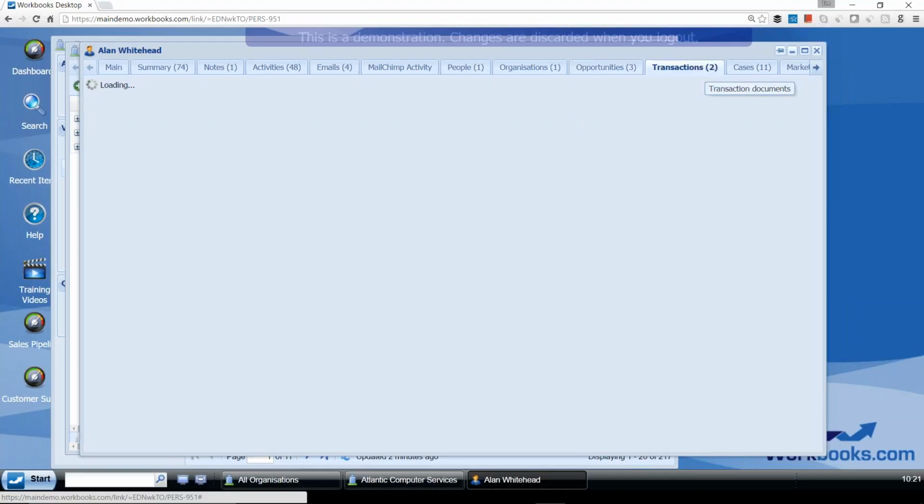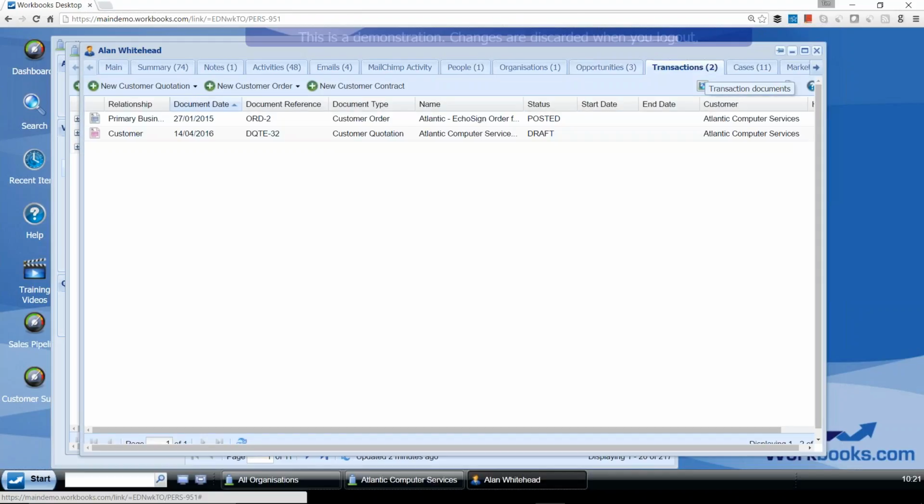Transactions in workbooks are any financial thing, so quotes, orders, invoices, and we do focus on tracking, creating these in